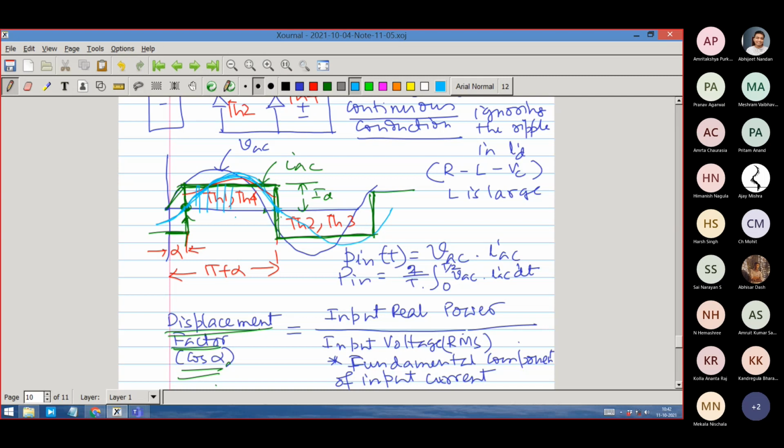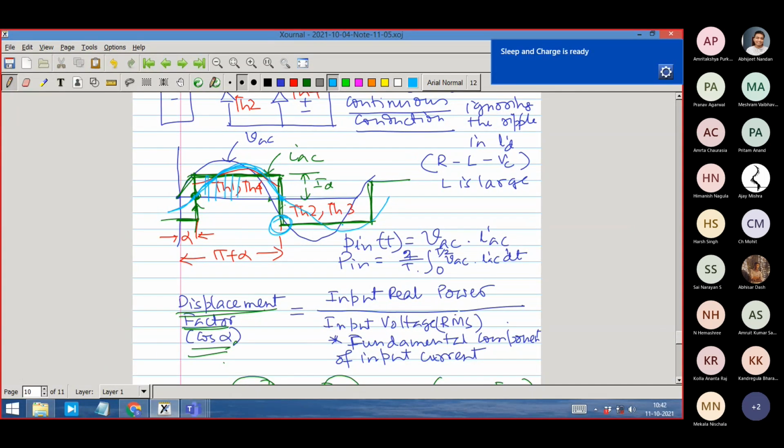Whatever converter you are using, you have to switch it in between. But the thyristor is not suitable for that kind of switching, because the problem of commutation will come. Only for commutation, we have to wait till it comes to this end, because then the input voltage has become negative. In between, I cannot turn off the thyristors TH1 and TH4 by turning on TH2 and TH3. Our trick is that the input voltage has now become negative, and we can afford to turn off the thyristor.